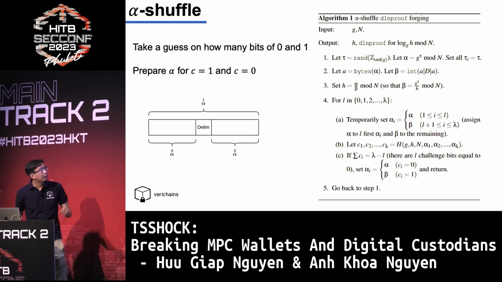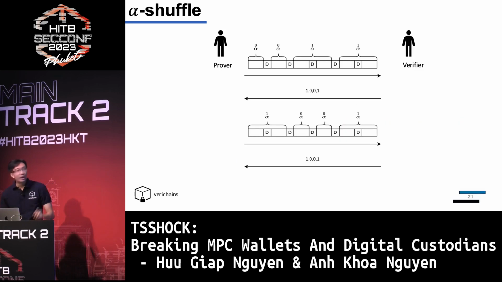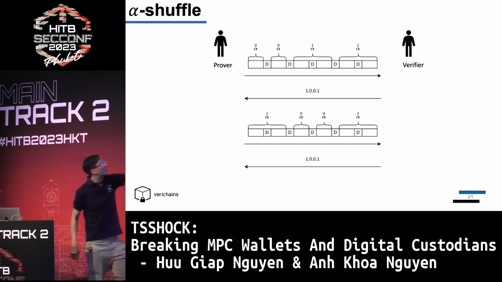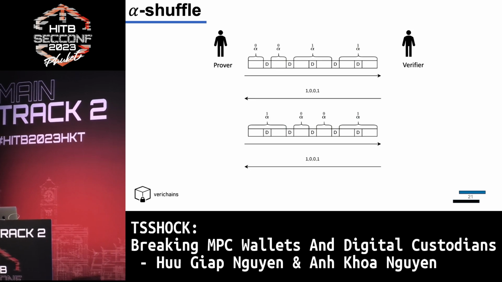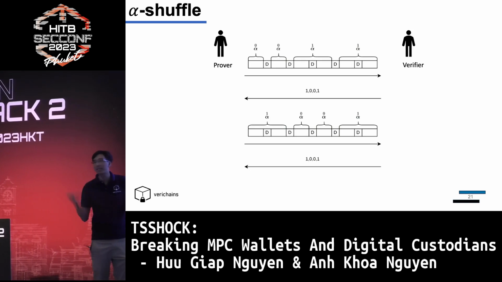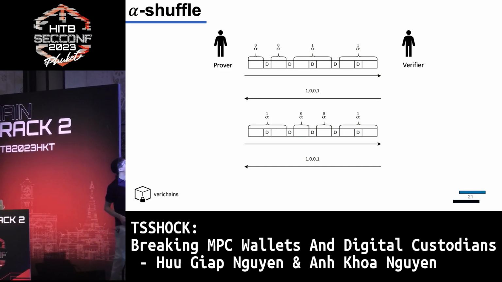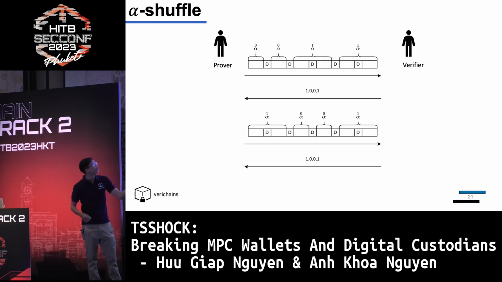Okay, so I guess you don't understand this algorithm right now, but I have an illustration which makes it easier. Let's say we have 4 challenge bits. At first, we don't know anything, but we take a guess, so say we have 2 0 bits. And then we send a dummy value: alpha 0, alpha 0, alpha 1, alpha 1. We send them, and then we get back the challenge bits to be 1, 0, 0, 1. And we count the bits of 0. We have 2 bits of 0, which is correct with what we guessed, right?